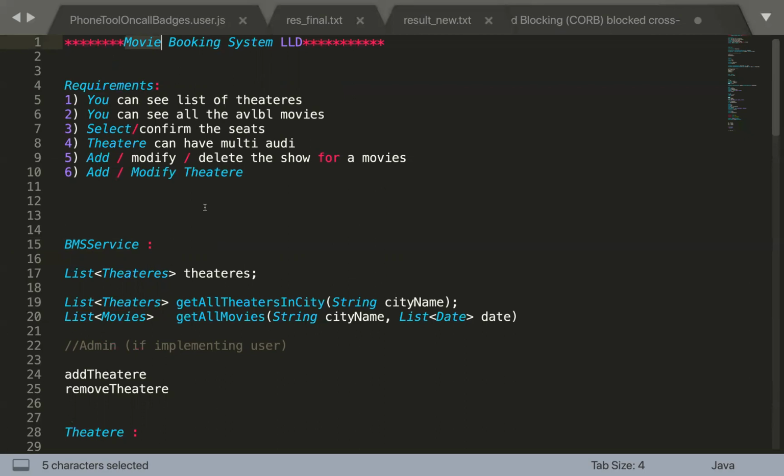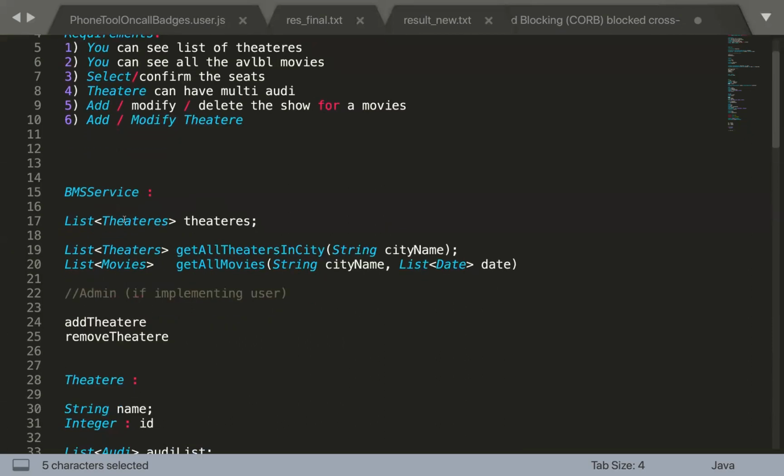Now let's suppose the interviewer asks you, okay, hey, now you want to run probably comedy shows as well. How are you going to support that? What all changes do you require? In this particular case, the list of theaters, right? Probably the comedy show is not going to be run in theaters. Probably it will be run in, let's suppose, some comedy clubhouse, and probably it can be run in some open air amphitheater or something like that, right?